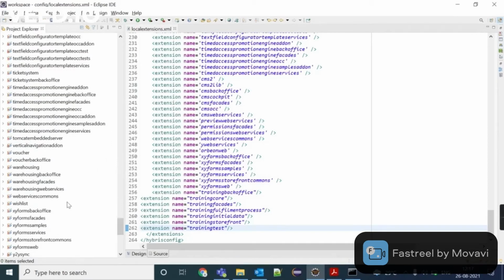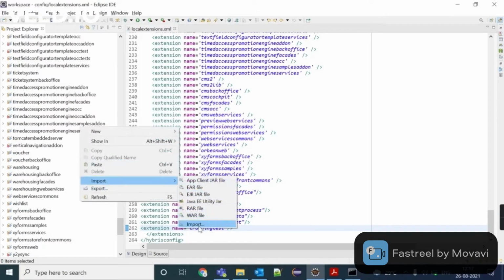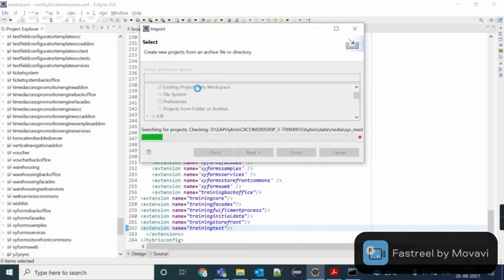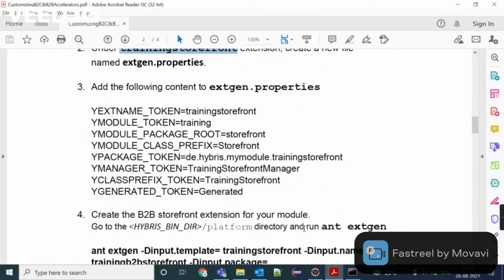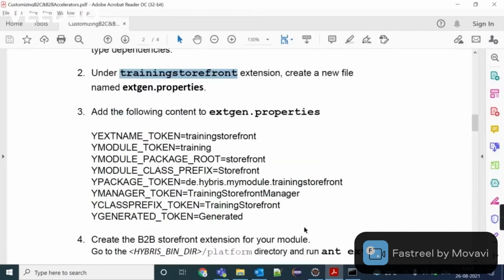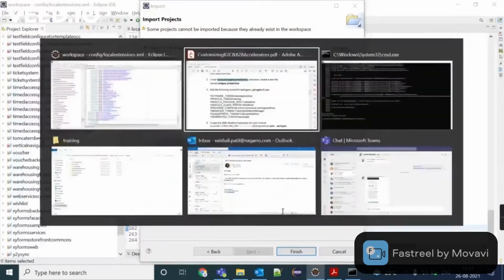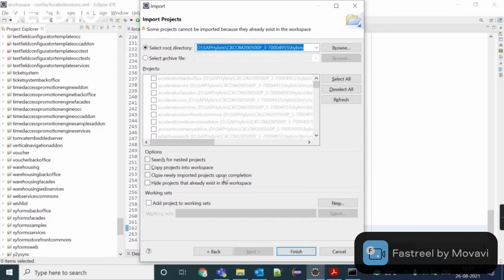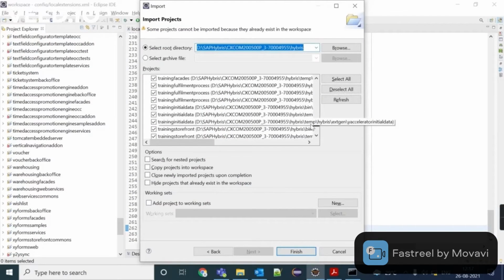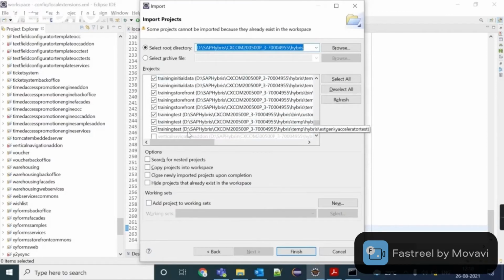So I need to first import. Okay, so these are the created extensions that I'm going to import.